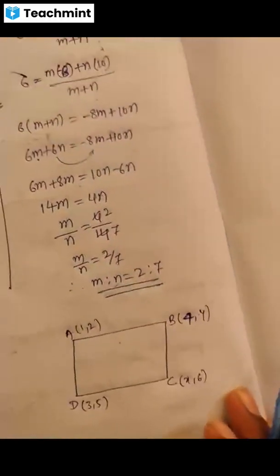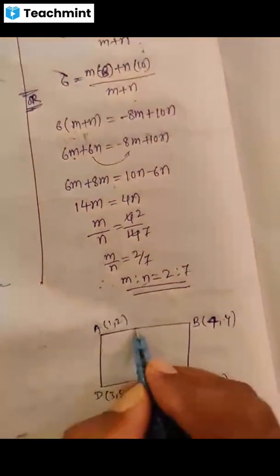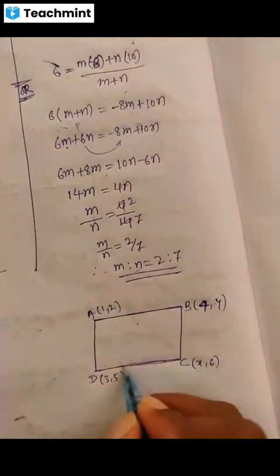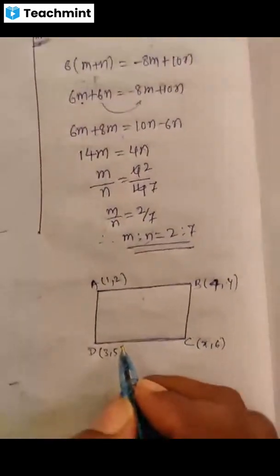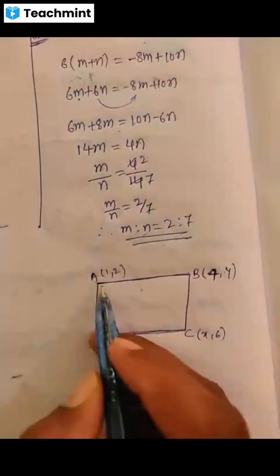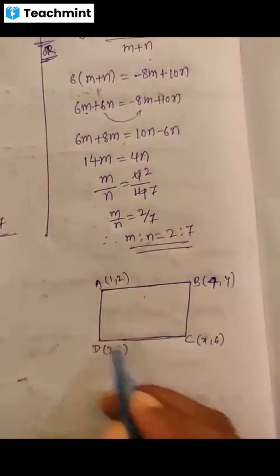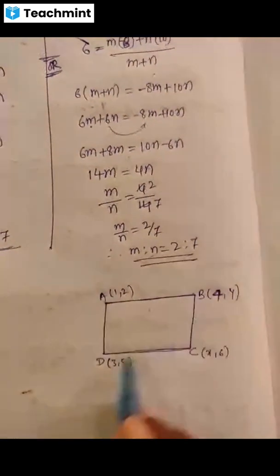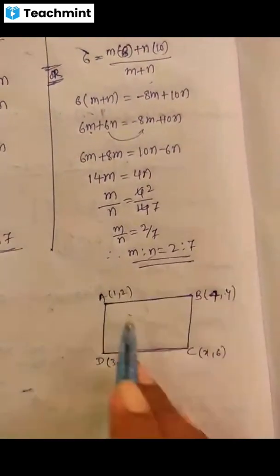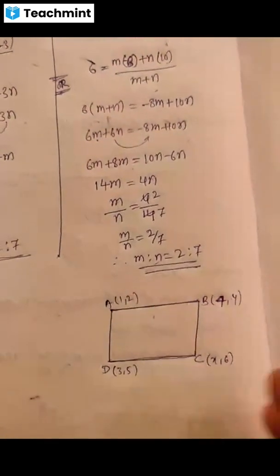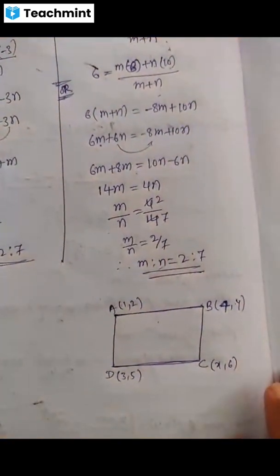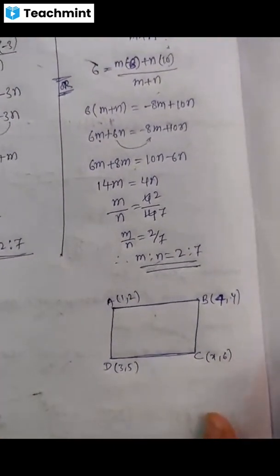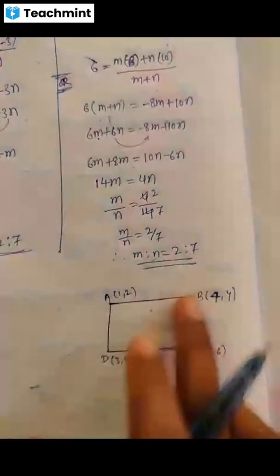Okay, in order, find x and y. So for this we know that AB is equal to CD. All of you agree with this concept? We know that AB is equal to CD. Why? Yes, it is a parallelogram. What does it mean if it is a parallelogram? They only said that it is a parallelogram. But I am saying that AB is equal to CD.